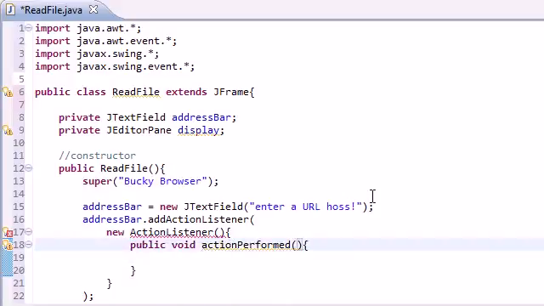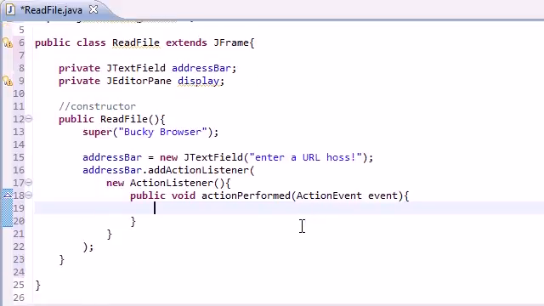I'm getting a bunch of weird error messages, but I think it's just because I didn't finish coding this method yet. So basically what we need to do is pass in an action event, and we'll name this event, and that event is basically the hitting of the enter button. Whenever they hit enter on their keyboard, this method is going to be called,